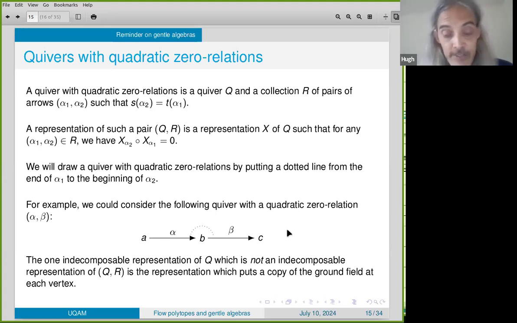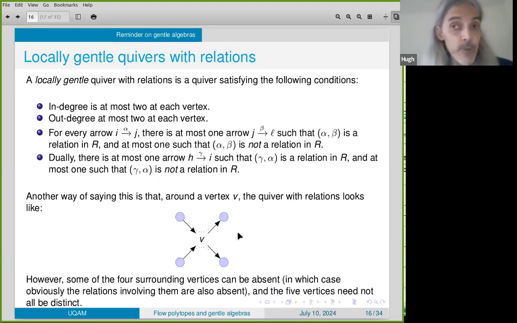That guy is not a representation of this quiver with relation because that composition is non-zero, but all the other indecomposable representations are because the composition is 0. Right, so that's what it means to be a quiver with quadratic relations. And so locally gentle quivers with relations satisfy some weird combinatorial conditions, which I'm going to explain quickly, but